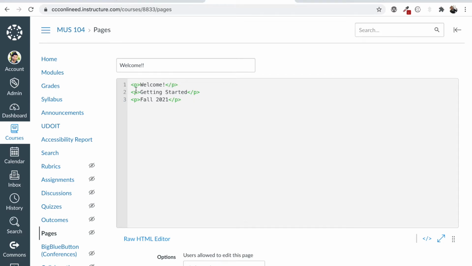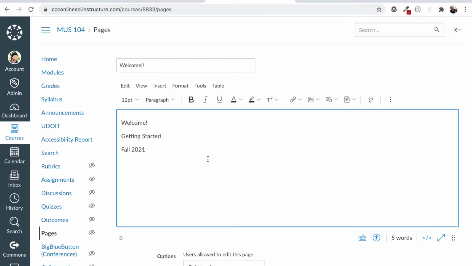So what I have here is 3 separate sections of text that I can flesh out to be a full paragraph. So if I toggle back, now I have that in mind, right? It's helping me to navigate how I am bringing content into the page just by understanding how it's brought in and what the HTML looks like.